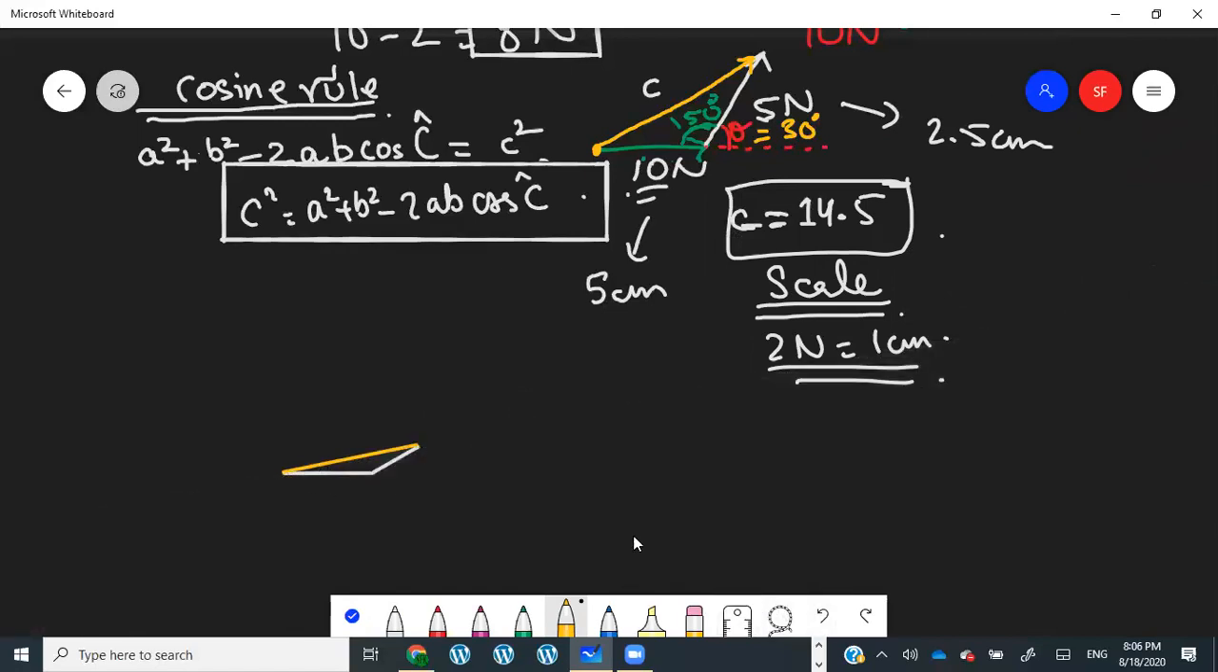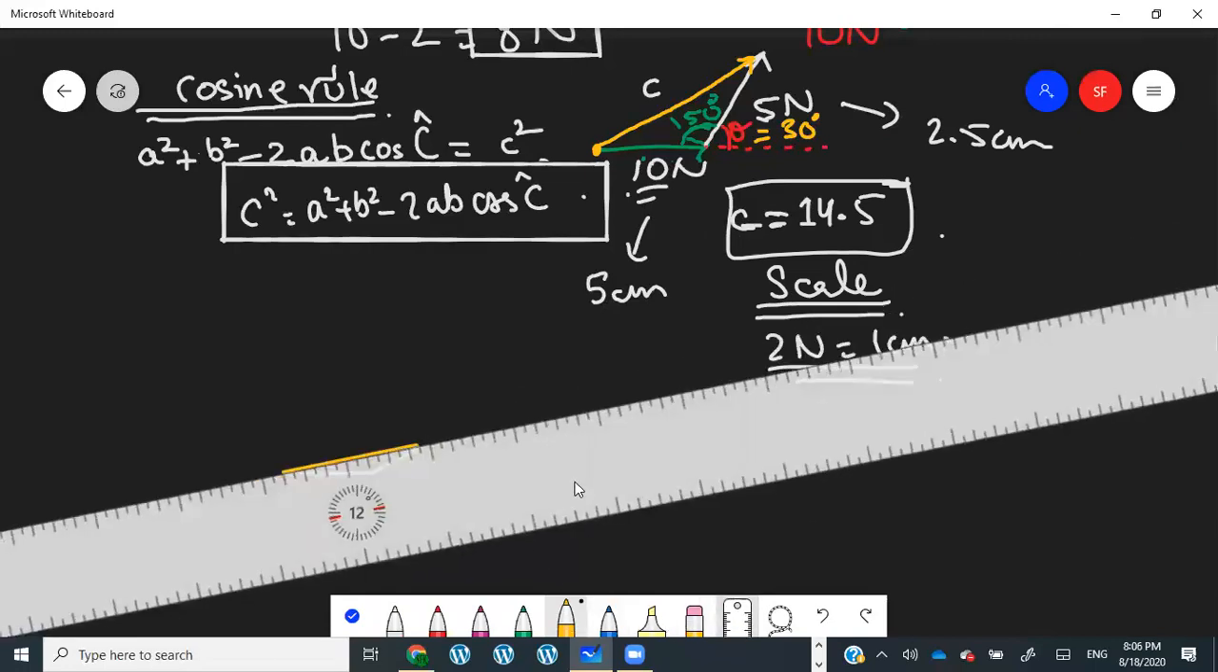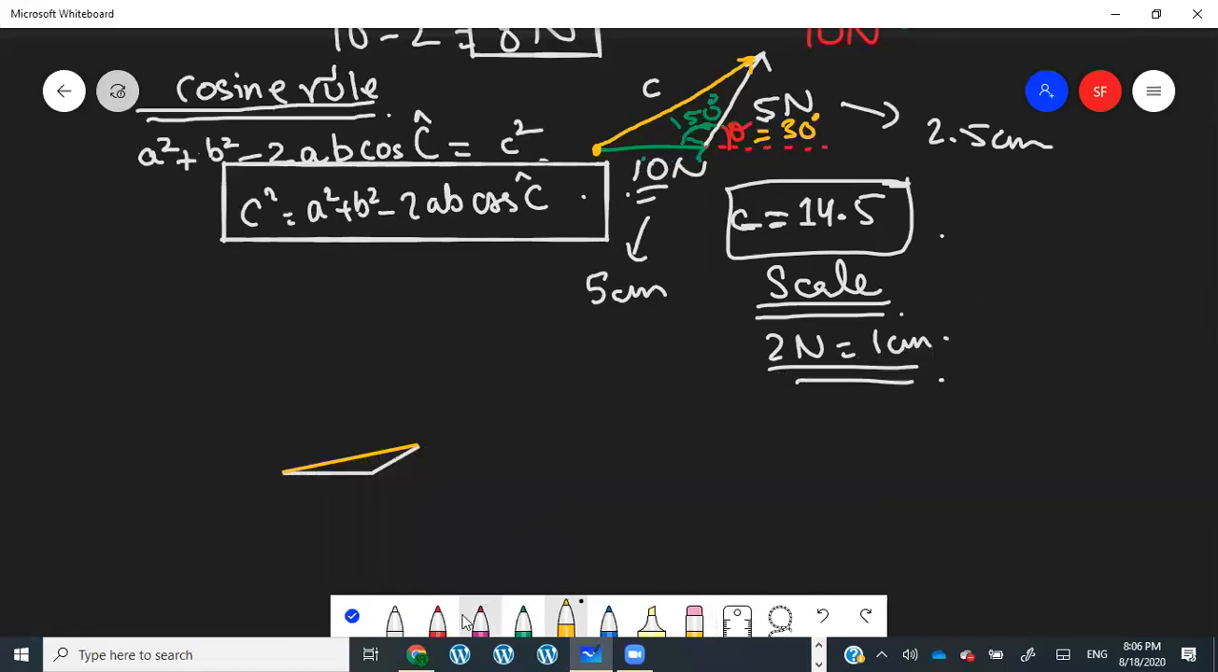Okay, this line has been drawn. Now I just need to measure this line, and according to my measurement, it's 1, 2, 3, 4, 5, 6, 6.5 centimeters, right? Approximately 6.5 centimeters. Okay, it's slightly different from our answer, but it is going to be slightly different because we can't make an accurate drawing, but usually a range is given in the marking scheme for such questions,